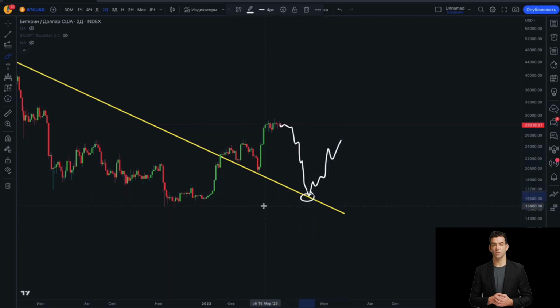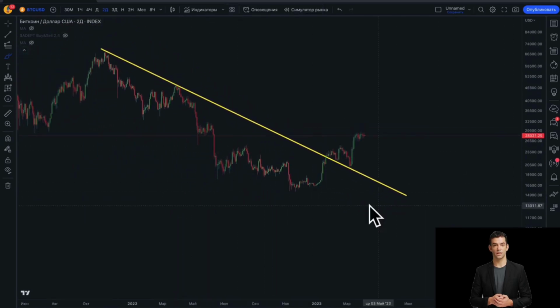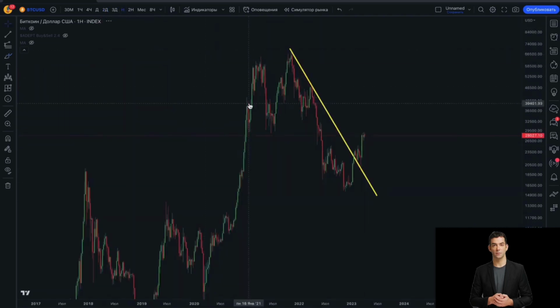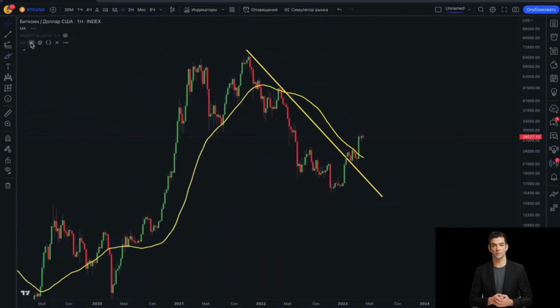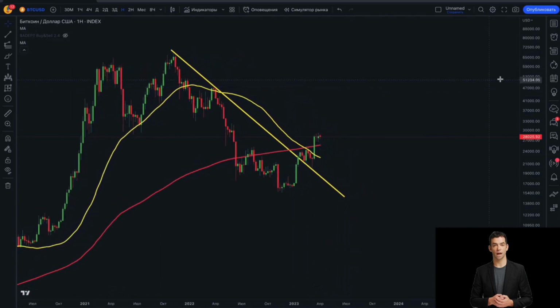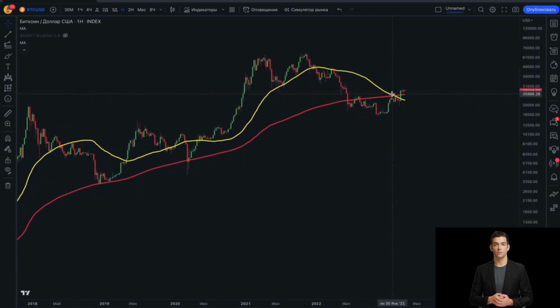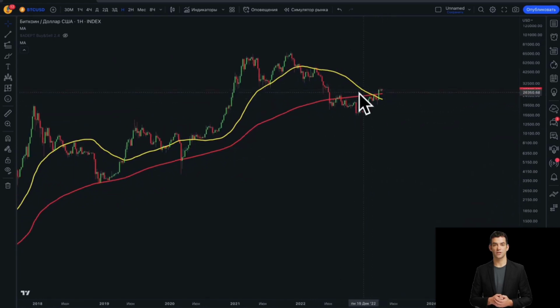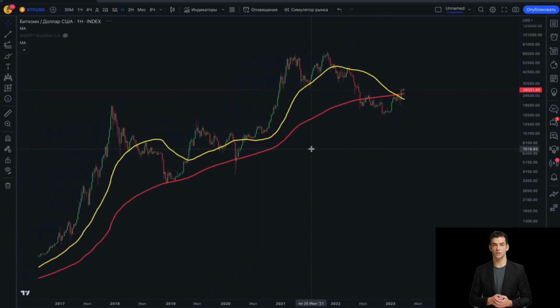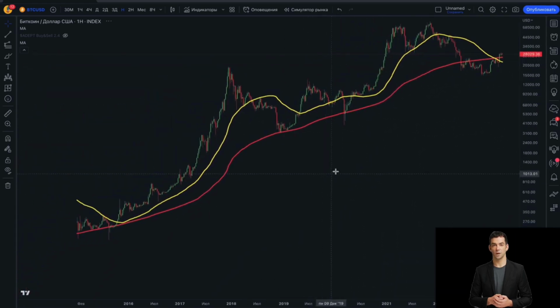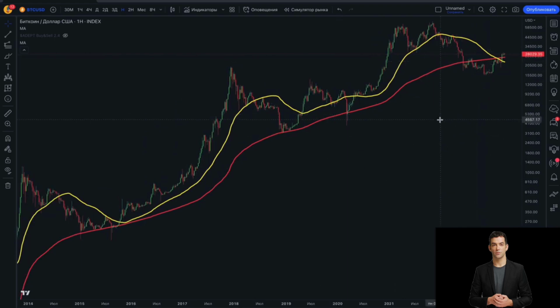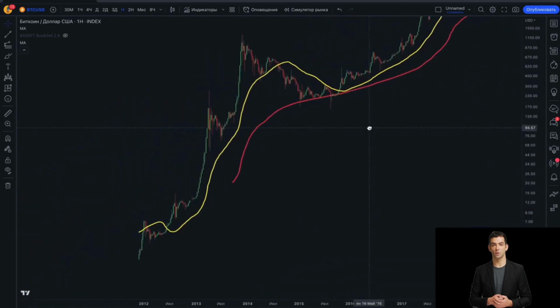But anything can happen in the world, and Bitcoin in general does not depend on our will and should not essentially just go up. Now let's switch to the weekly chart and connect the two moving averages. These are the 50 and 200. Let me erase the resistance line that we had. Right here is the crossing of these two moving averages, that is, the 50 crossed the 200 from top to bottom on the weekly chart. This has never happened before. This cross, this death cross, is the first time it has happened to Bitcoin. But on various other financial instruments very often, after a death cross, the price has fallen even lower.